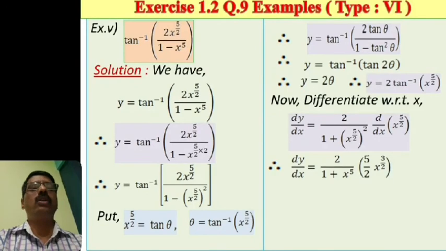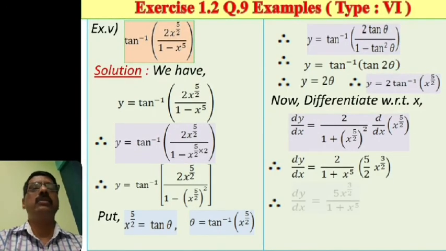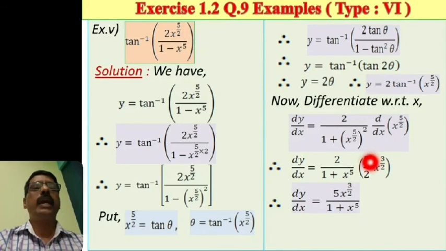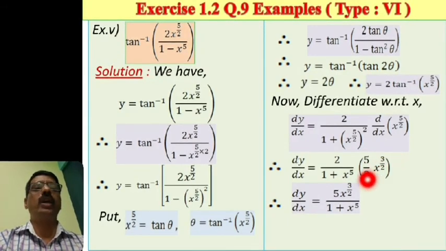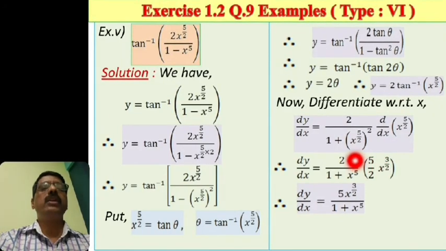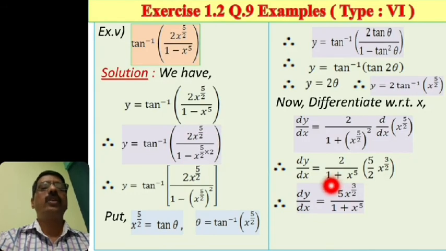Again simplifying this, dy by dx equal to 5 into x raised to 3 upon 2, here 2 and 2 cancel, only remaining in the numerator 5 into x raised to 3 by 2 upon 1 plus